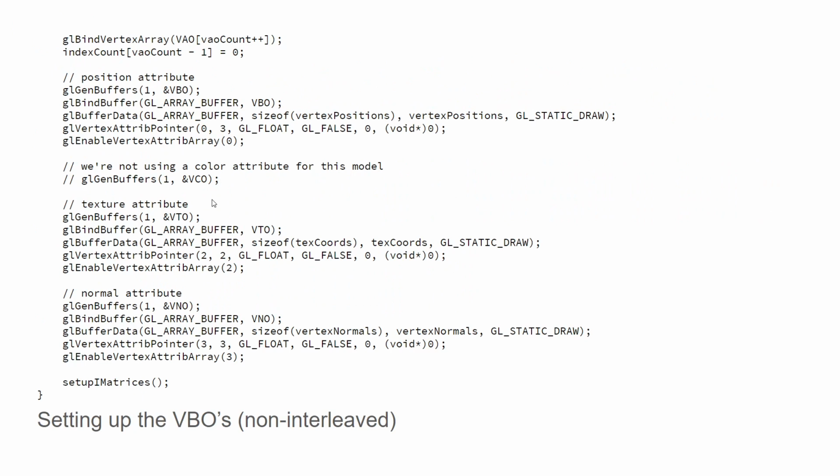What doesn't it have? It doesn't have color per vertex. So what I did here is, you'll see it sets up the position attribute, skips, and leaves room for the color attribute, then it has texture attributes, then normal attributes, then goes ahead and, in this case, sets up those instance matrices as well.